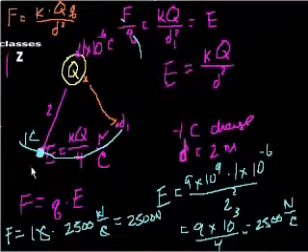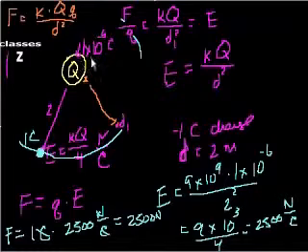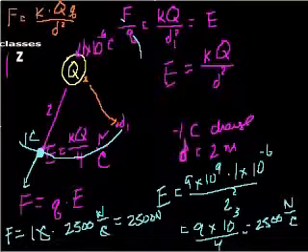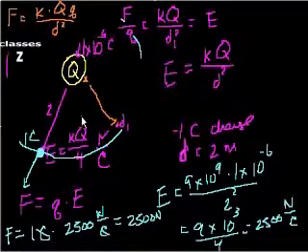And then a question you should ask yourself: if this is 1 times 10 to the negative 6 coulomb, and this is 1 coulomb, in which direction will the force be? Well, they're both positive, so the force is going to be outwards. All right? So let's take this notion and see if we can somehow draw an electric field around a particle,